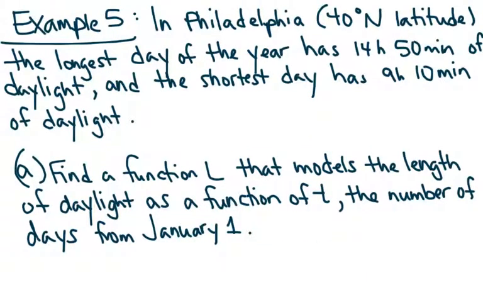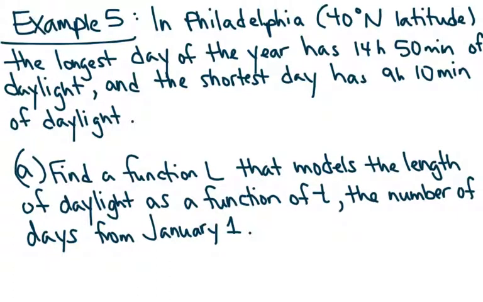In order to do this next problem, there are some things you need to know. The number of hours of daylight varies throughout the course of a year. In the northern hemisphere, the longest day is June 21st and the shortest day is December 21st. These are things you probably already know. The average length of daylight is 12 hours, and the variation from this average depends on the latitude. For example, if you live in Fairbanks, Alaska, which is really far north, you experience more than 20 hours of